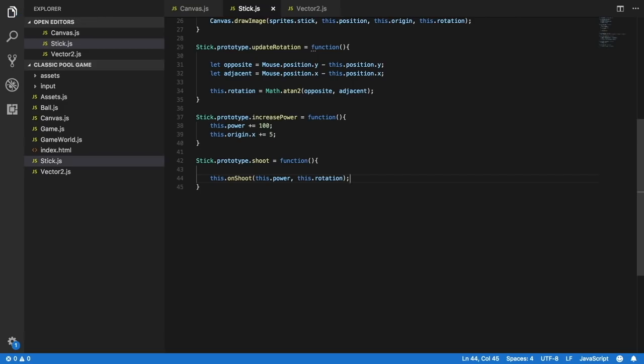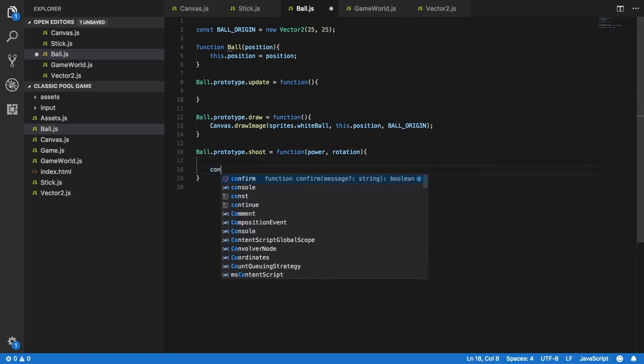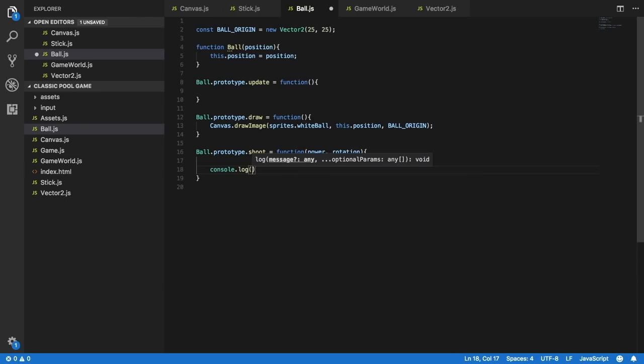Now let's open the ball.js file, and here I'm going to add another method to the ball class. So ball.prototype.shoot will be equal to a function that will get power and rotation. And just for now, let's log a message to the console. So console.log shoot,